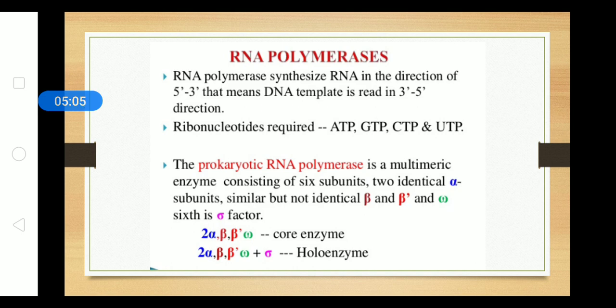The basic one is RNA polymerase. So, what is the function of RNA polymerase? Well, RNA polymerase synthesizes the RNA in the direction of 5' to 3'. As we can see, the DNA template which reads 3' to 5' will be transcribed. The reason is that when we transcribe a DNA, the strand which is transcribed will have complementary strands. That means the opposite base pairs of the existing bases will be included in the new strand.